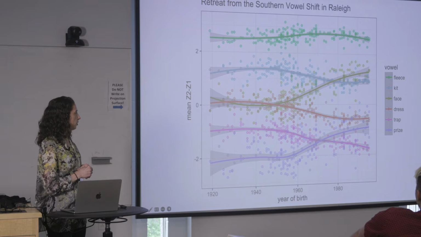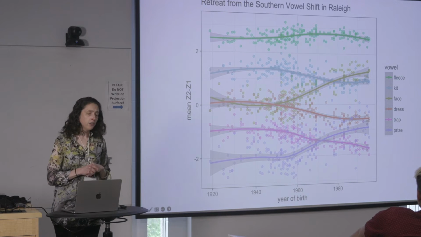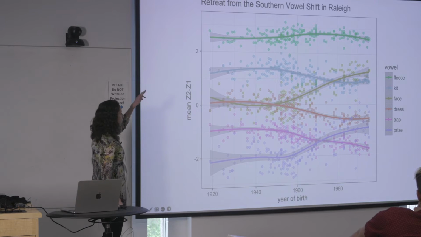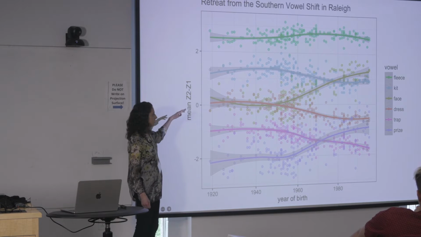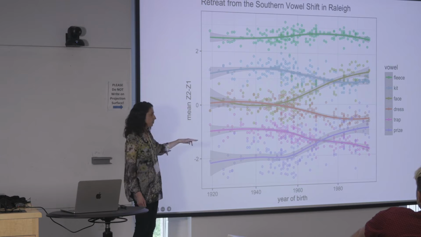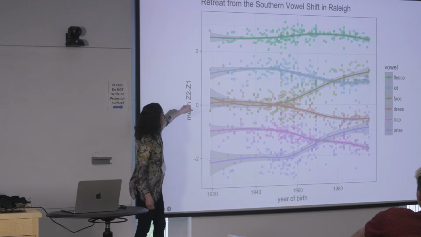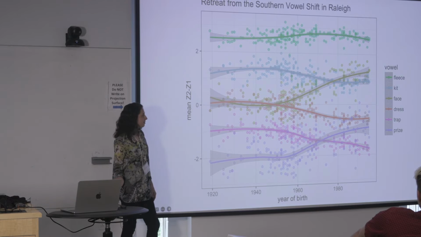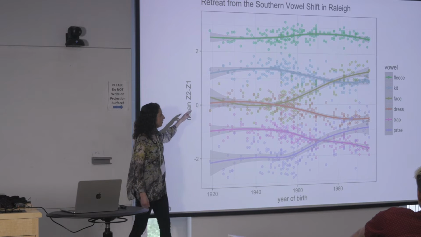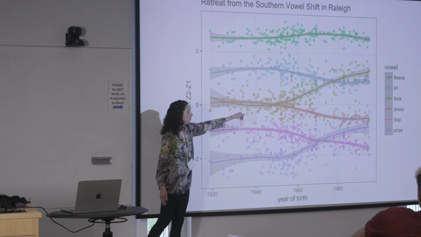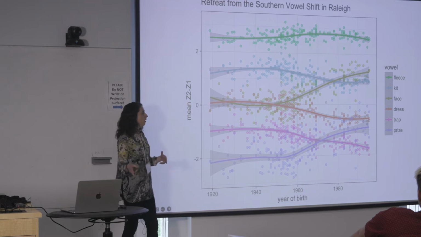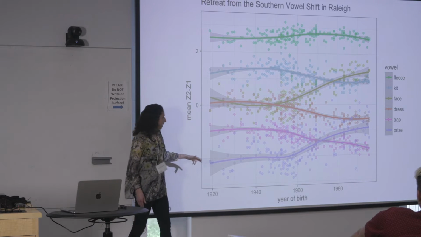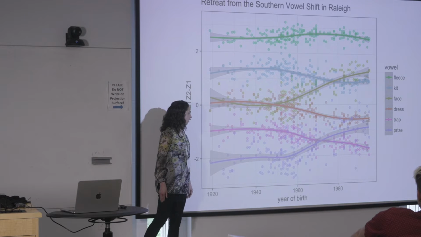Again, each circle here represents one speaker's mean value, and each of the different colors represents a different phoneme in the vowel system. So for example, this line right here refers to that same sound A in words like hey and state and take. And so you can see here in this line, with the line moving upward, that speakers over time are getting less and less Southern. And this blue line represents ai gliding.